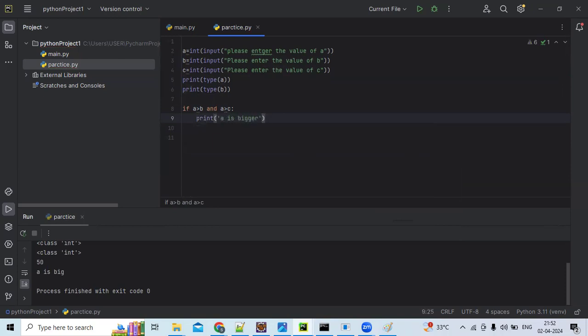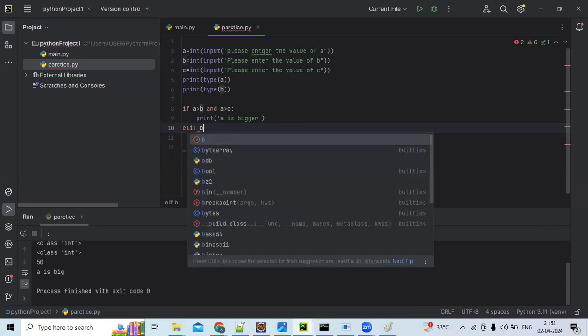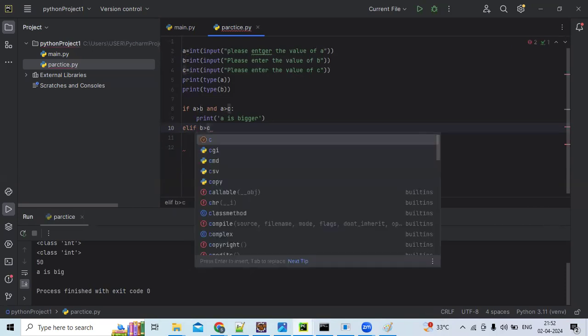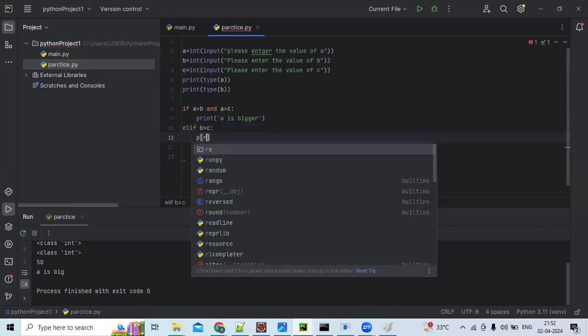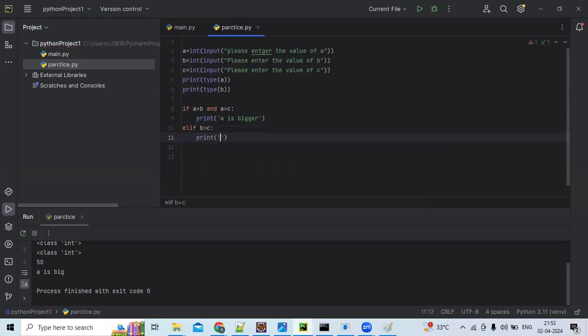Okay. Else if, no. Elif. Okay na? Elif, E-L-I-F. Yeah. Elif B greater than C, print B is bigger. Guys, don't worry. I will explain if and elif, all of this. But first, for guys who are already aware of this thing, that's why I'm telling. Am I correct, guys? Else C is bigger. Yes. Else